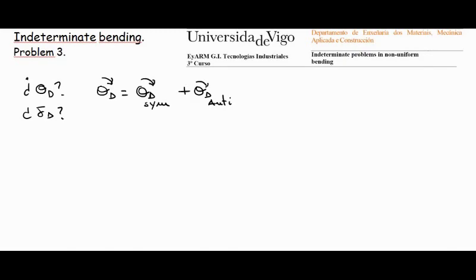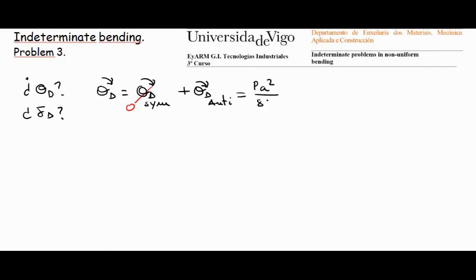Once we have the reactions, we have a second question, which is to calculate the deflection and the slope at the cross section D in the plane of symmetry. So the slope of D is going to be the slope of D in the symmetric case plus the slope of D in the antisymmetric case. We know that the slope of D in the symmetric case is equal to 0, and we can then calculate the slope of D in the antisymmetric case because of